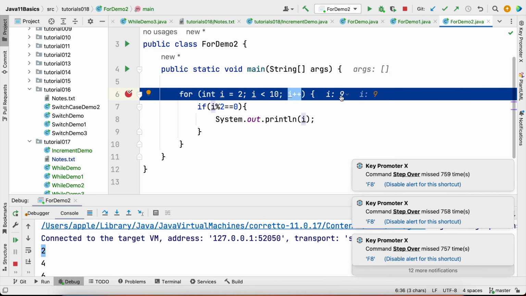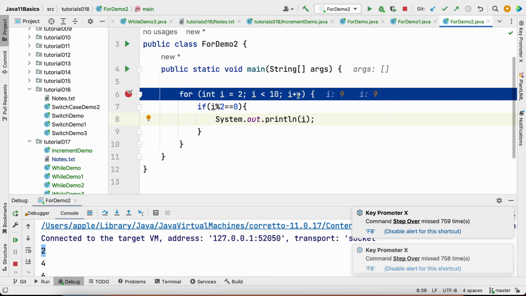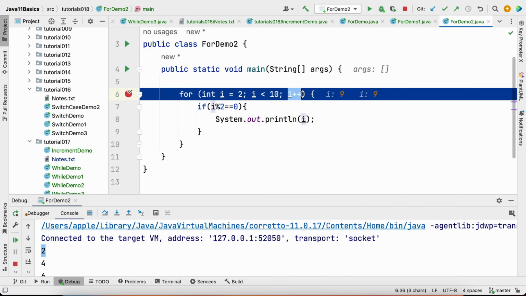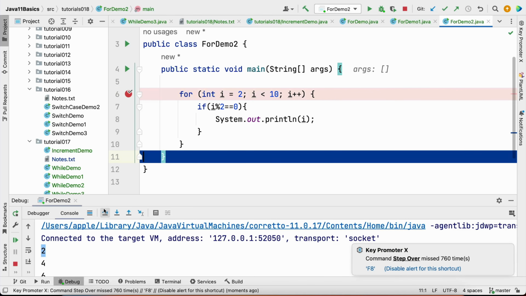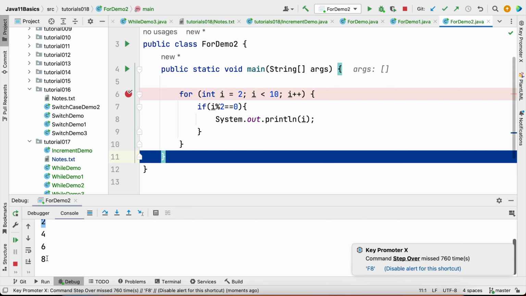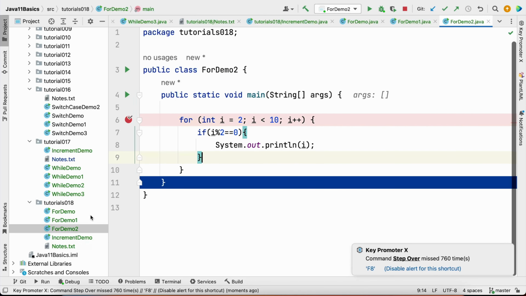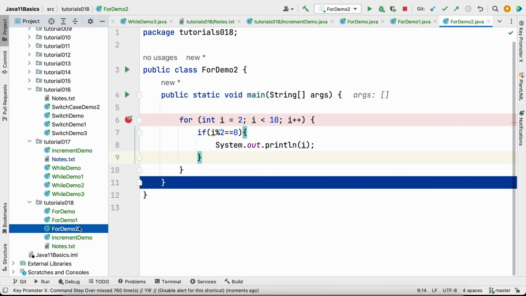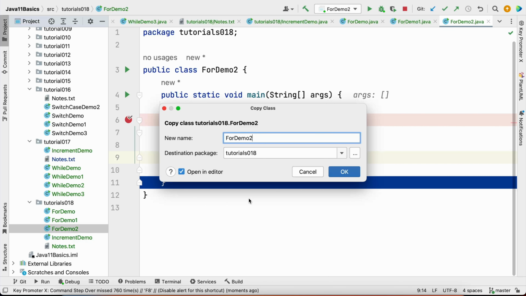Now the value of i has been increased to 9, and if we increase it by 1 more, it will become 10. And then if we check the condition, 10 is not less than 10. So that's why the condition fails, and the loop will terminate, and we will see the numbers 2 till 8 here. Now let me also show you how to print the numbers in reverse order using a for loop,